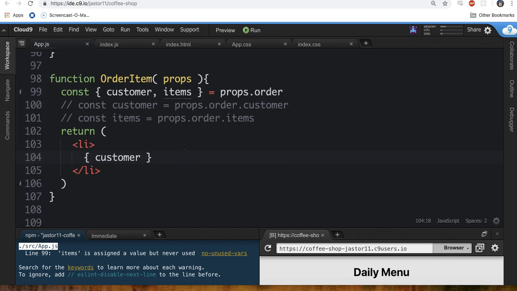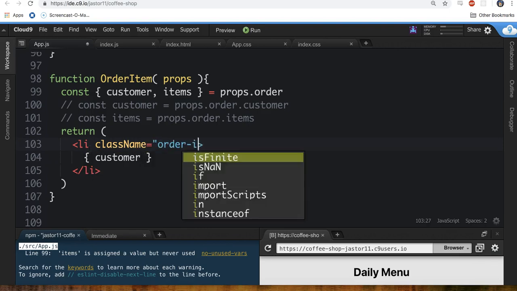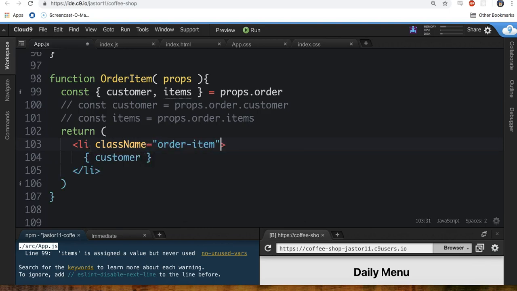So let's go in here and let's actually make this a little bigger. You cool with that? It's gonna get bigger. But I think it'll look nicer when we're done. It'll just be easier to understand. And so we're returning this list item. Let's give it a class name equal to order-item. Okay. And let's add two things here. Let's create a strong tag, so it's bold, for the customer. And then let's create an unordered list below the customer's name that is going to hold